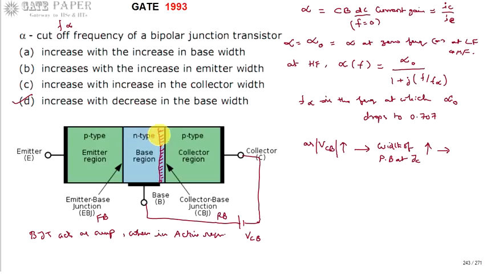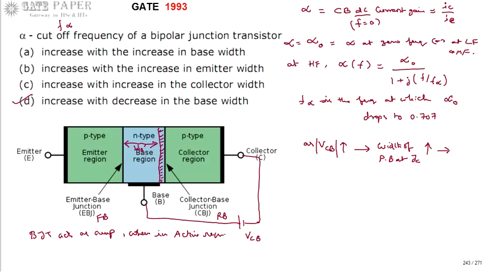The potential barrier doesn't contain any mobile charge carriers, that is, it doesn't contain free electrons or holes. It consists of only immobile ions. On the N side you get positive ions, and on the P side you get negative ions. So the mobile charge carriers are now present only in this portion. This is what we can consider as the effective width of base, WB dash.